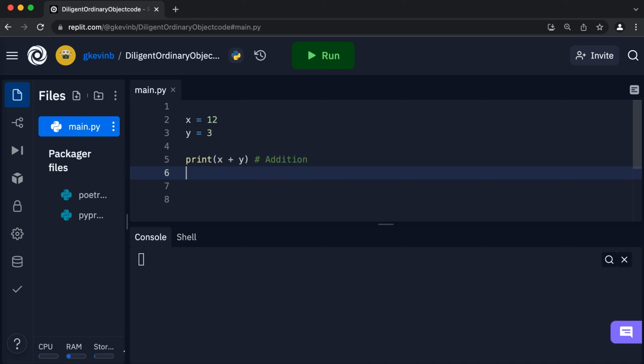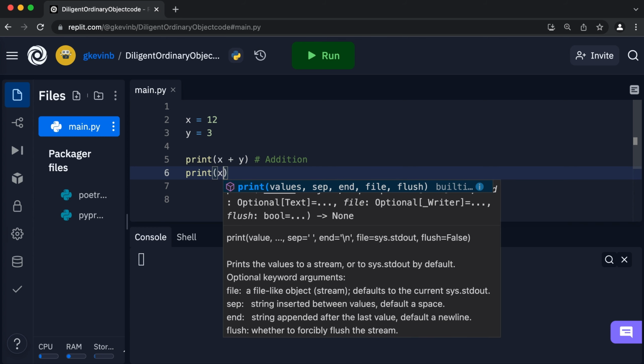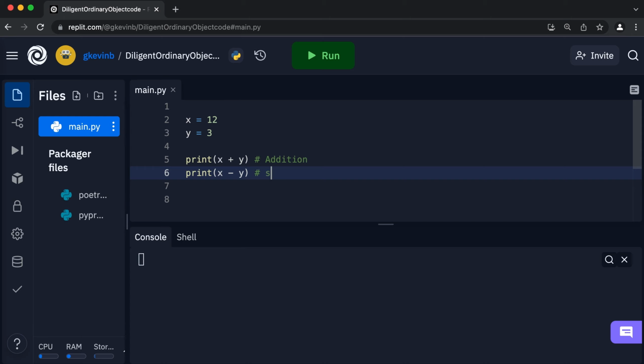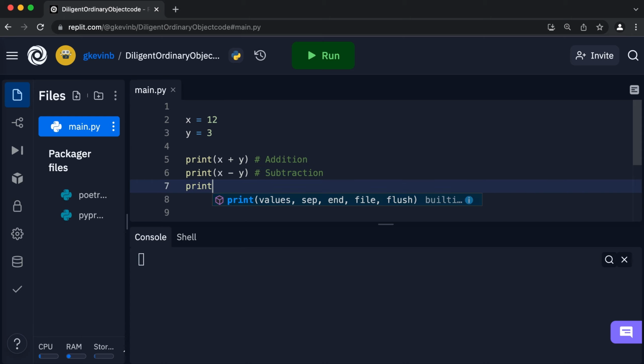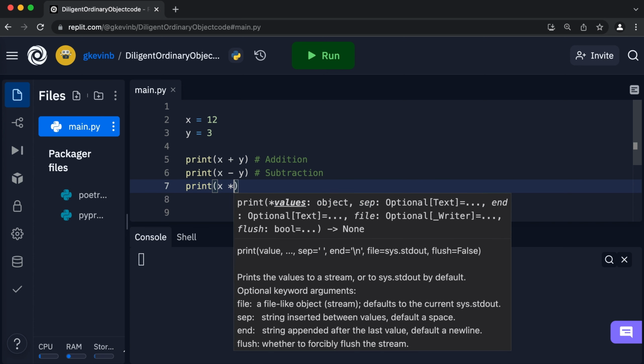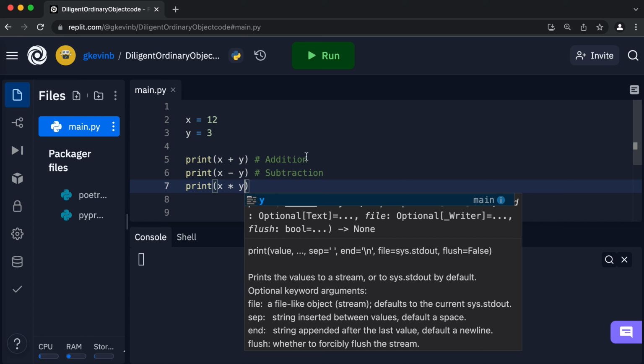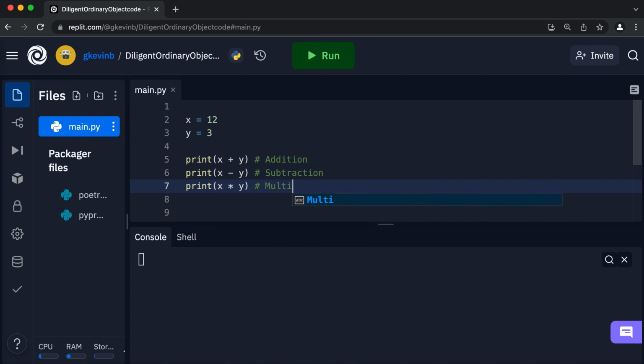Next one, let's do subtraction. So let's do x minus y. Let's put it right here, subtraction, print, and let's do multiplication, x times y, and that's done using the asterisk symbol. And this is multiplication,